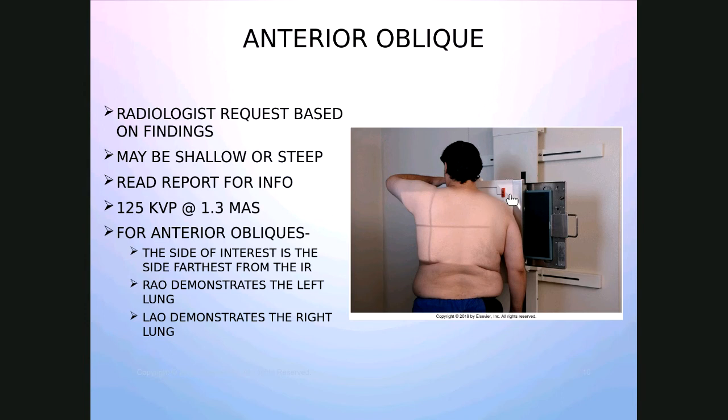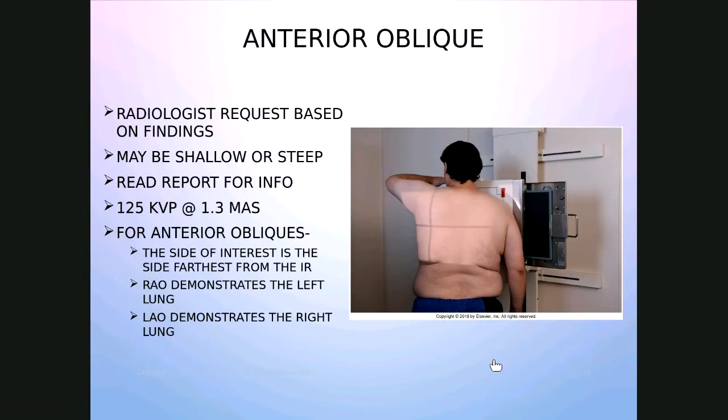So he's in an RAO, and this would best demonstrate his left lung. If he was turned the opposite way, which I'll show you in just a minute, it would demonstrate the right lung much better. Okay, so anterior obliques means that whatever the radiologist is looking at, it's more likely that it's anterior in the chest cavity,